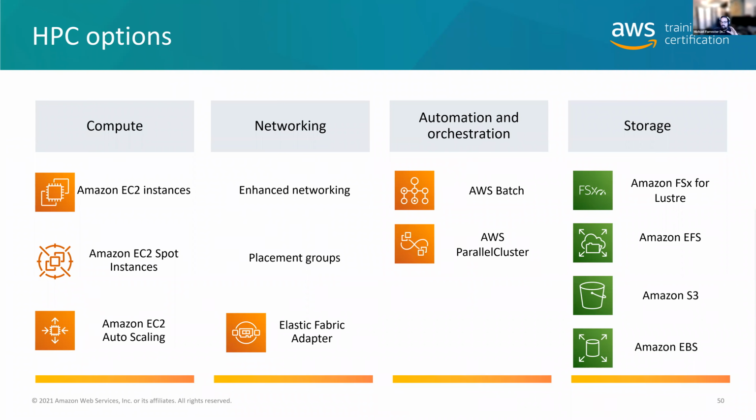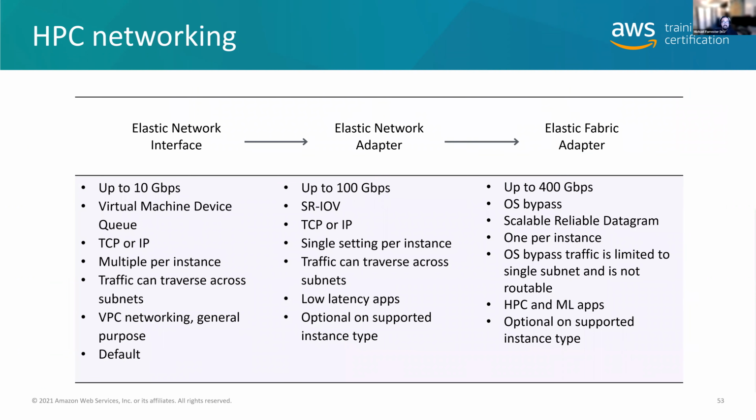And Amazon approaches this from two different perspectives. One, how do I get all of your virtual machines on the same physical host? Because I've got to tell you, that is really fast networking because it never leaves the physical host. If I do have to leave the host, though, this is where we've got ENAs and EFAs, which are elastic network adapters and elastic fabric adapters. These are specialized upgrades that you can apply to your network interface to make it even faster.